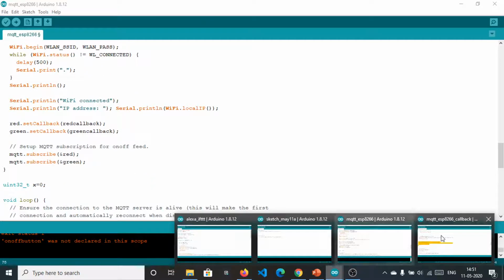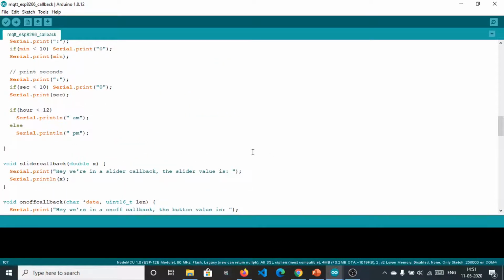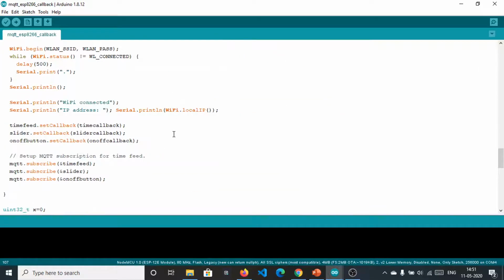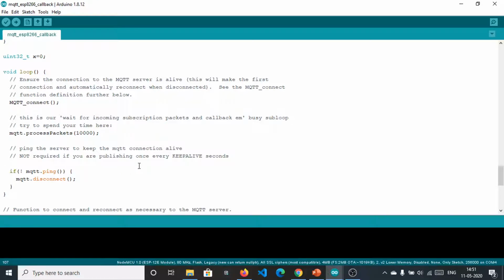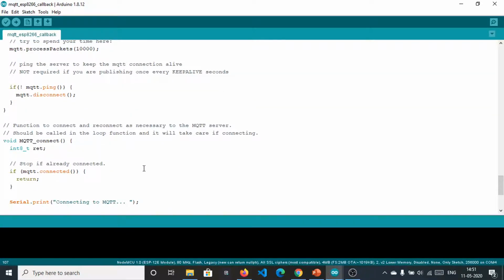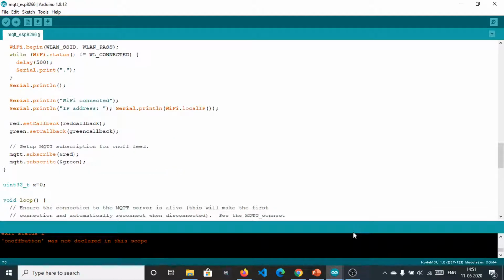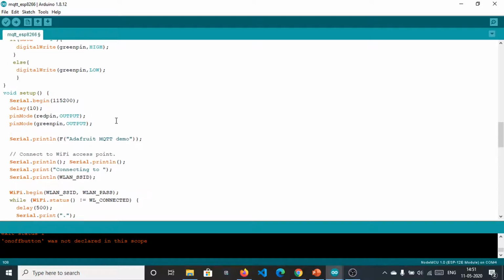Let me check the reference sketch. Everything is looking fine. Okay, yeah, everything is good here. Now let me upload this sketch to our NodeMCU, then I will resume the session.